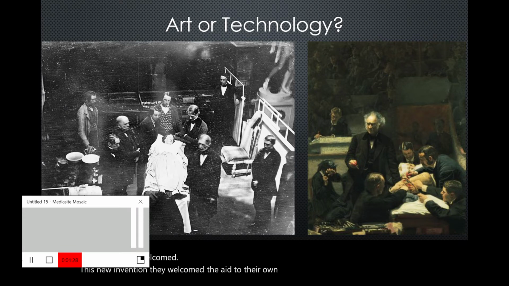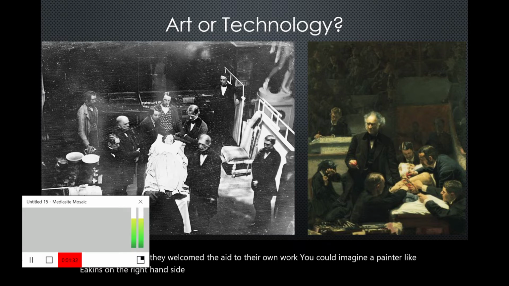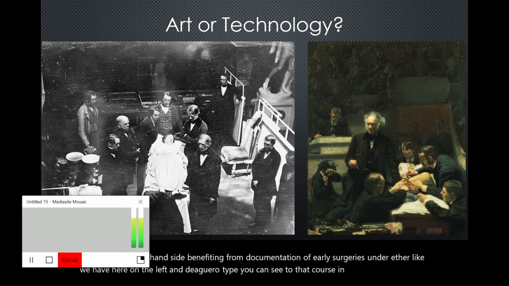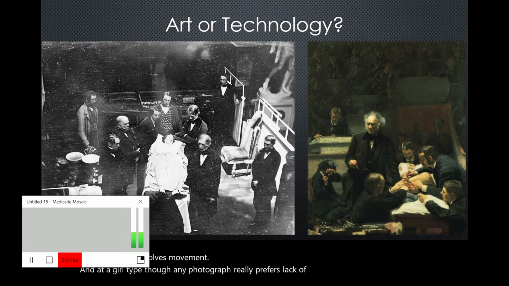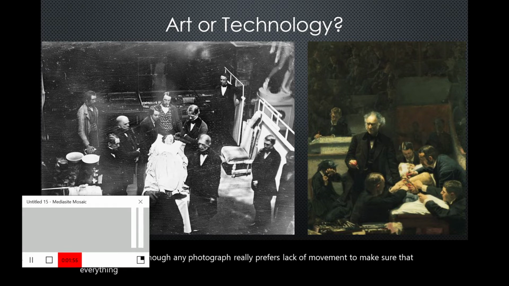You can imagine a painter like Eakins on the right-hand side benefiting from documentation of early surgeries under ether, like we have here on the left, a daguerreotype. You can see too that, of course, an operation is something that involves movement. And a daguerreotype, though, any photograph really prefers lack of movement to make sure that everything is exposed properly. So